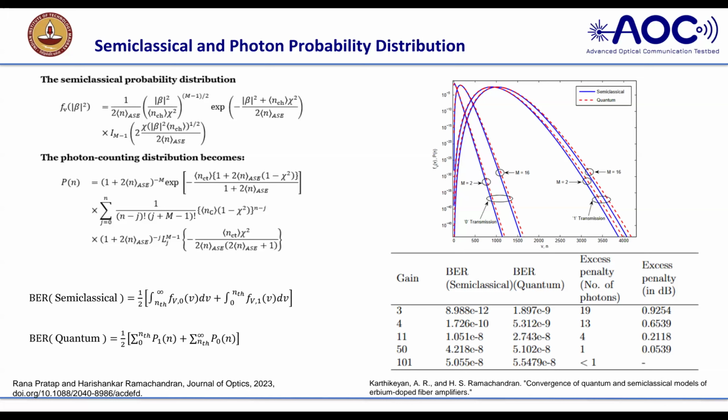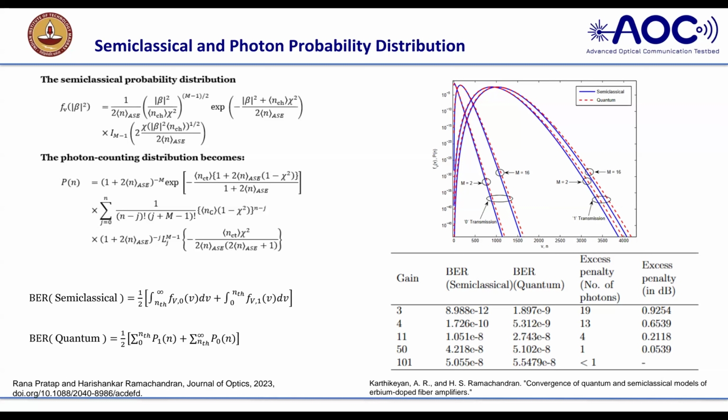You can see here a modified Bessel function of order m minus 1. M depends upon your optical filter bandwidth and receiver bandwidth. And here you see it is a log-one polynomial distribution function. Both converge when you increase the number of photons, so at that point we need not study the quantum picture. But if you want to study the quantum case, with a gain of like 3 or 4 photons or lower numbers of photons, you have to give an extra penalty in the number of photons.